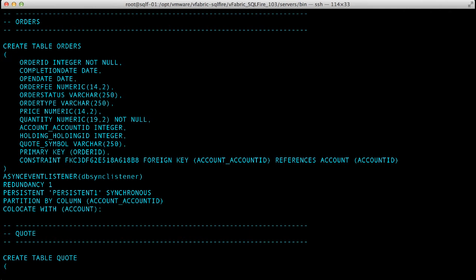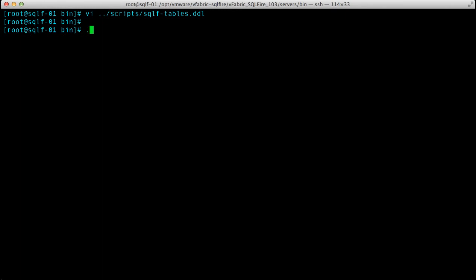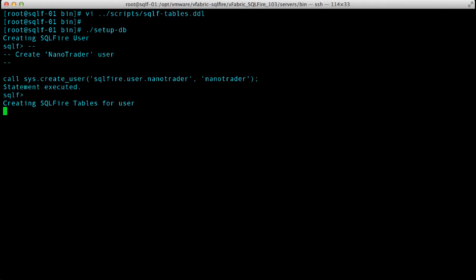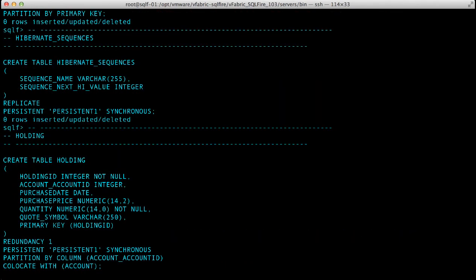Having account and orders partitioned by the same columns and co-located causes records with the same value for those columns to be located on the same SQLFire member, which greatly contributes to performance, scalability, and throughput. In addition, it uses an instance of the DB synchronizer to write behind changes in the orders table to a vPostgres staging database. From the SQLFire 01 VM, execute the setup-db script located in the server/bin folder under the SQLFire